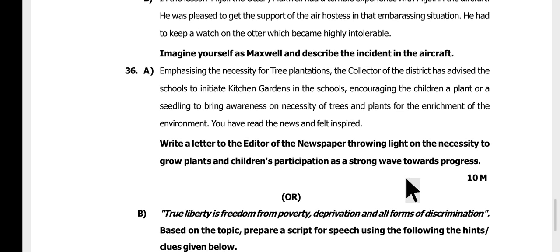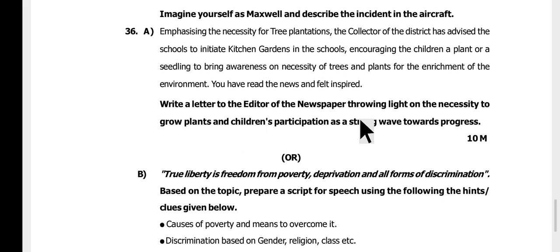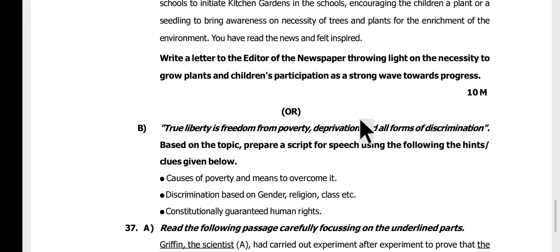36A is writing a letter to the editor of a newspaper throwing light on the necessity to grow plants. So here plantation drive, children participation and awareness to protect our environment. So what kind of information or creative thoughts can we put in? There are no hard and fast rules for attaining a good score in this area. Our usage of sentences and our thoughts will add value to scoring better. Now followed by